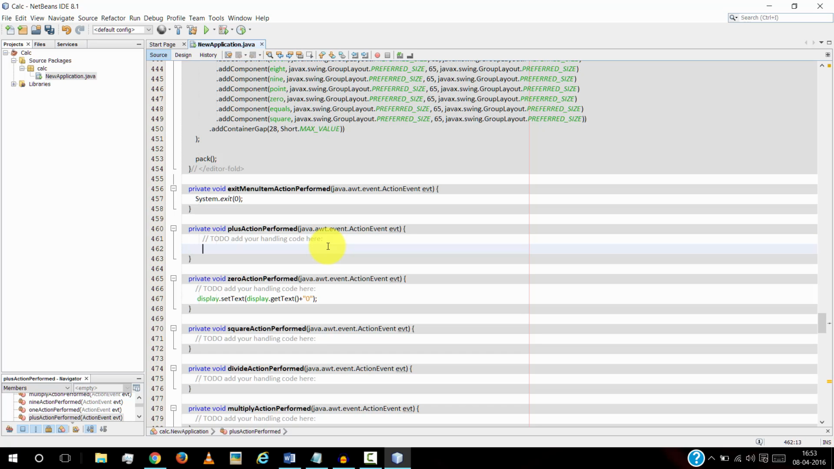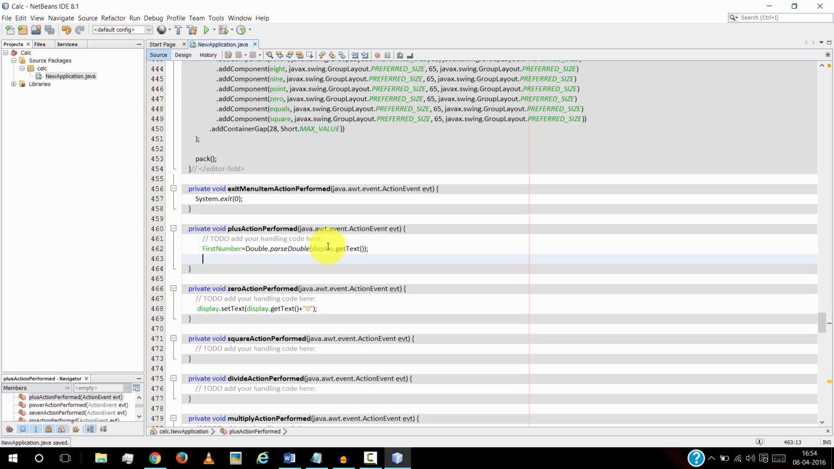So over here we'll say firstNumber equals Double.parseDouble, because the text that is present is in the string format. We are converting into the double format. display.getText. Alright, so we're storing the first number with Double.parseDouble when the plus action is performed,